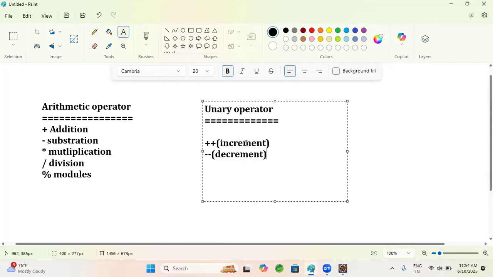To increase the value by one, we use an increment. To decrease the value by one, we use a decrement. In the increment, we further have pre-increment and post-increment. And for decrement also, we have two, that is pre-decrement and post-decrement. Now, for example,